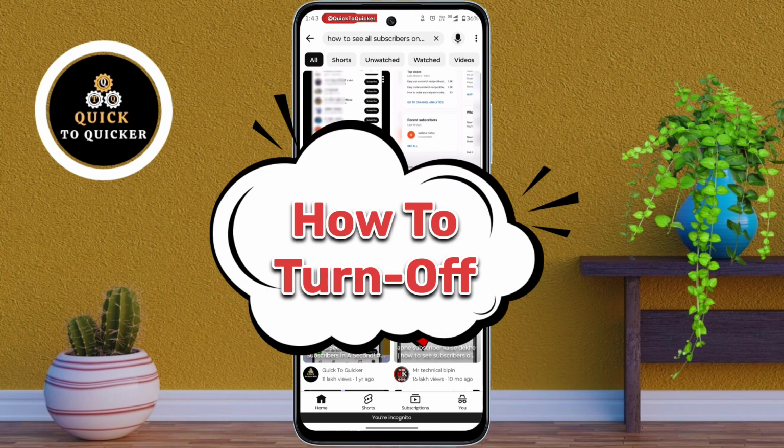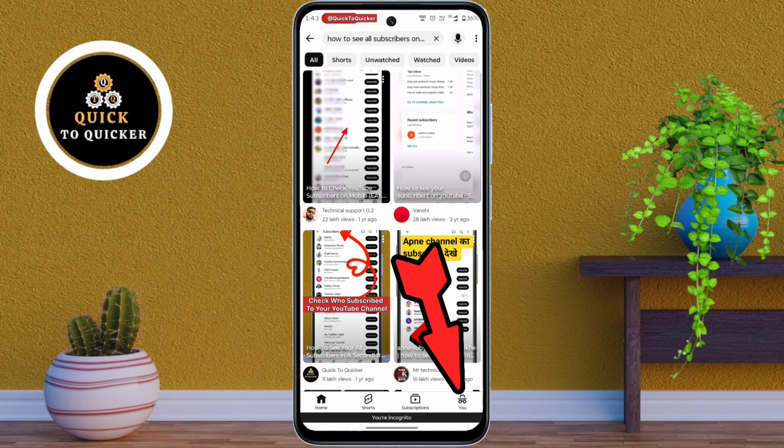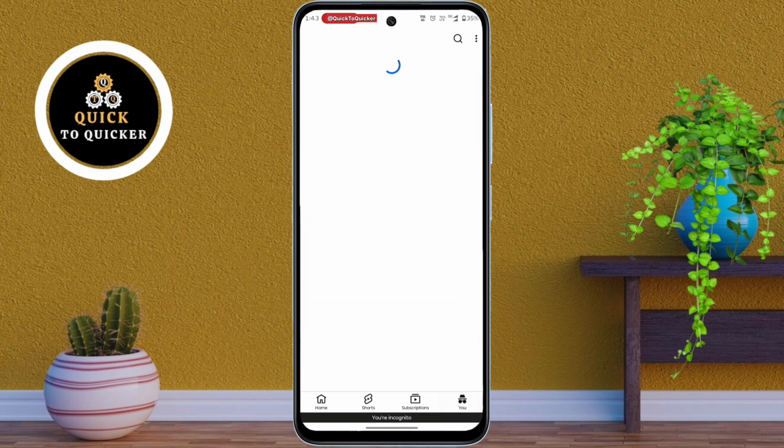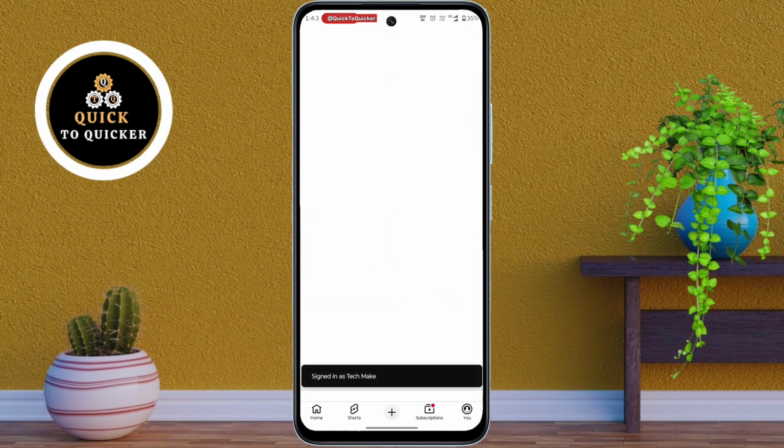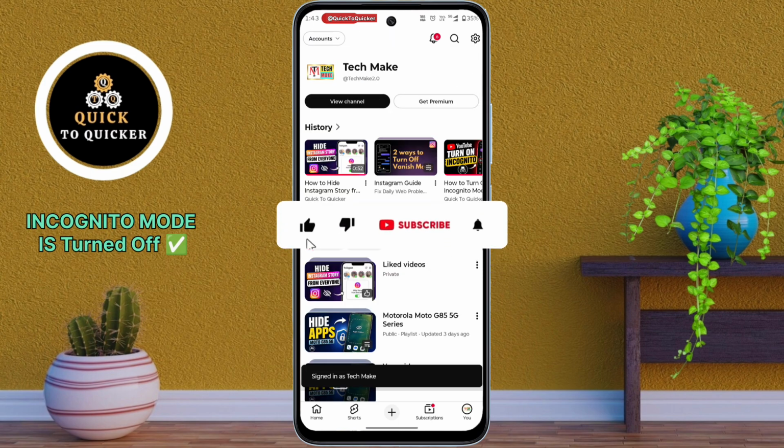To turn it off, tap the incognito icon from here. Then tap on Turn off Incognito. And that's it. You are now back to your normal YouTube